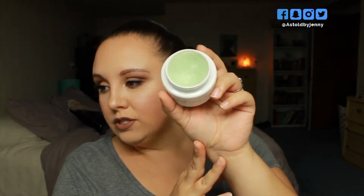I love this stuff. I had never tried anything like this product before, and this is what it looks like. It's literally just a balm. It smells very clean, very lemony, and it does have an oily consistency, but it's not a heavy, uncomfortable, icky feeling oil. It leaves your skin feeling nice and hydrated and moisturized, and it takes off every single bit of your